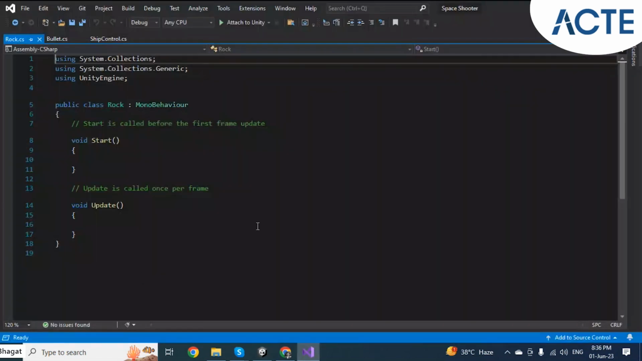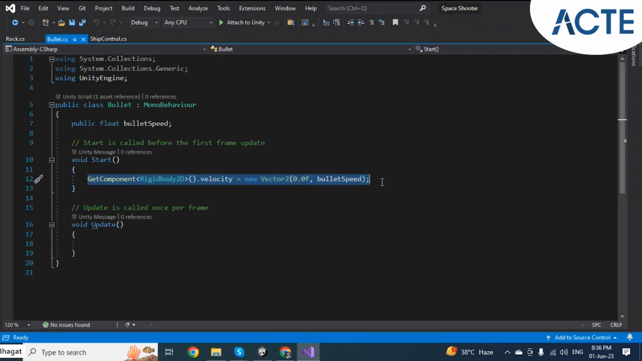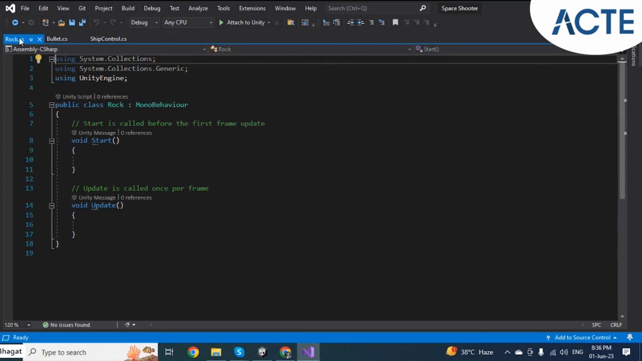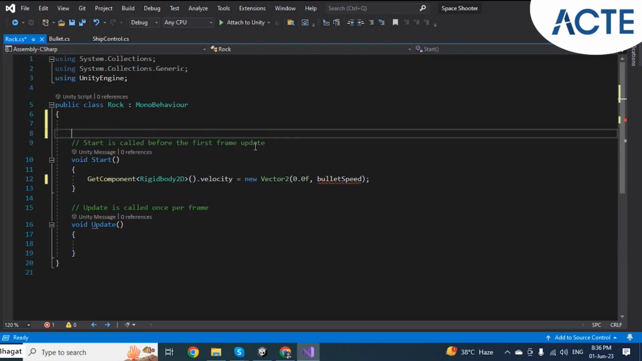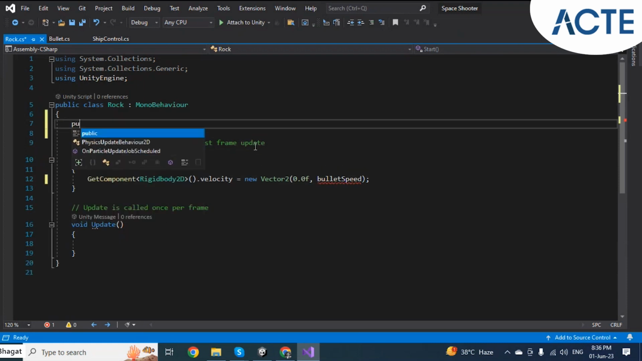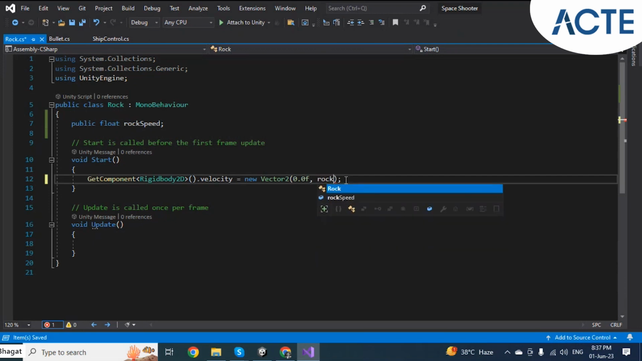Let us open this rock. Here a similar thing will be happening, that is gate component dot velocity, and this will be copying this to here. But here bullet speed will not be taken, it will take rock speed. Public float rock speed, and we will not initialize here, we will have it as it is and initialize in initiator. So rock speed,